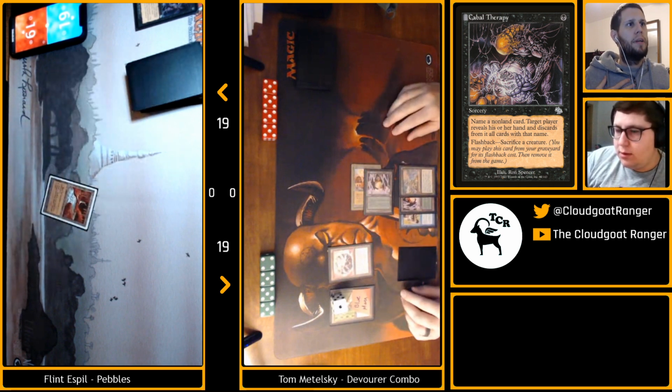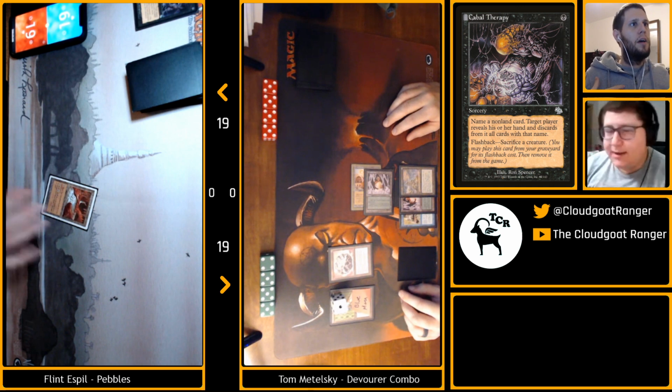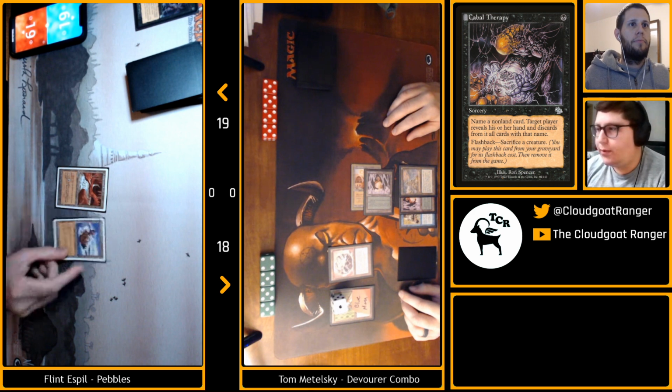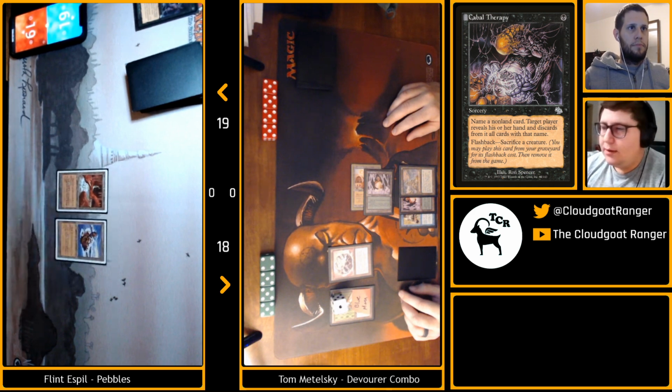Well, both players should be at 19, right? Because Flint took a damage to cast his Cabal, and okay, now Tom's at 18. I don't think it's all that relevant. No, but